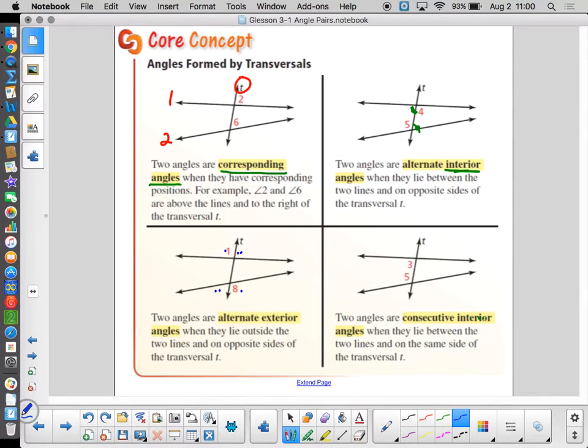So if they're not alternate sides, they're consecutive angles. They're next to each other. So consecutive. They aren't adjacent, but they're consecutive. So 3 and 5 would be considered here consecutive interior, as well as these two angles on the other side are consecutive interior. You probably want to make flashcards with pictures